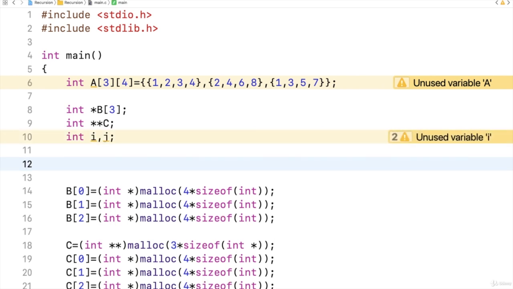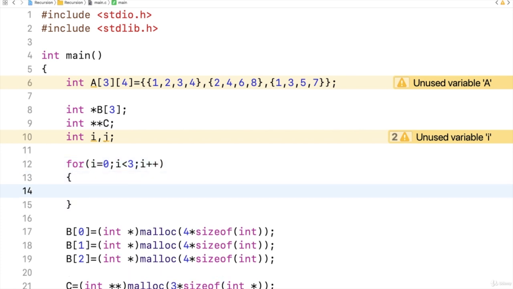Though I have elements only in the first array, I don't have elements in the second and third array, but just let us print them and see whether it works or it gives an error. So using for loop, i is less than 3, i plus plus, then for j assign 0, j is less than 4 because this is for columns, j plus plus,